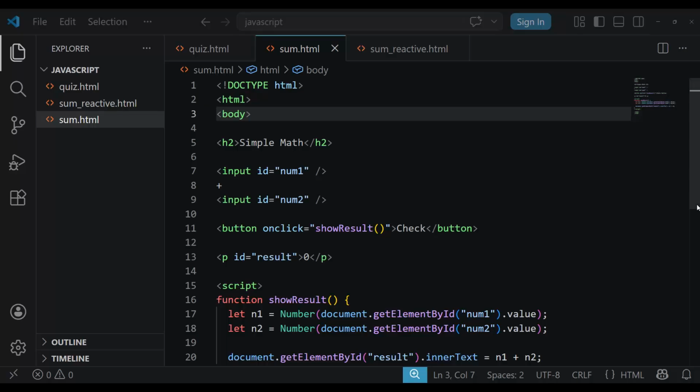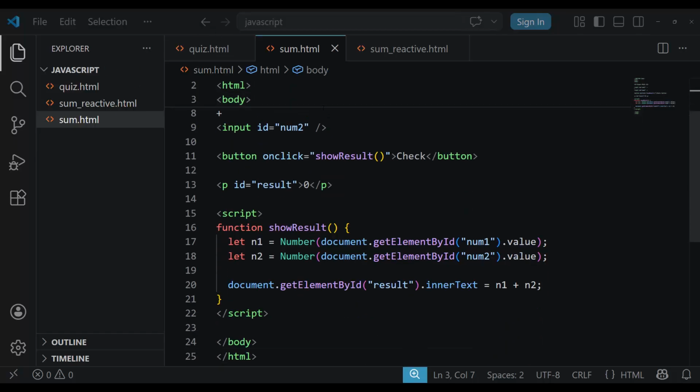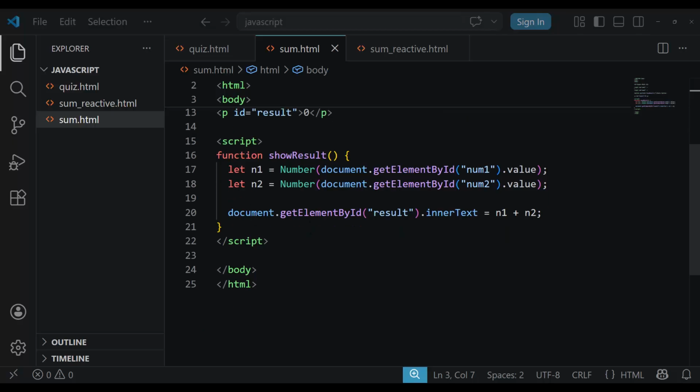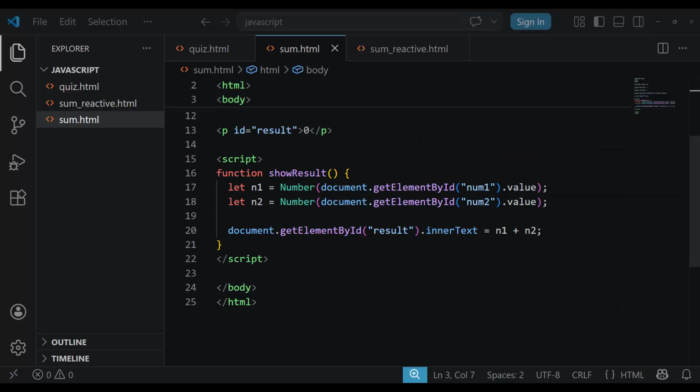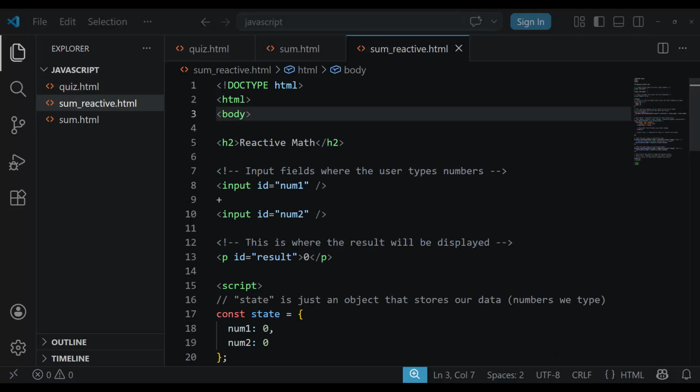render. This is the script for imperative rendering. Here it is. You can look at it slowly. You can type it for training and experiment. Imperative rendering. Here is a script for reactivity. Reactive rendering or